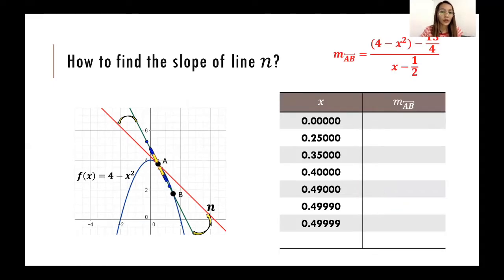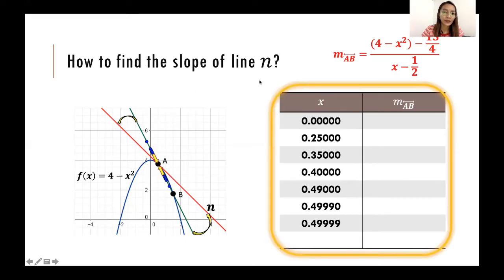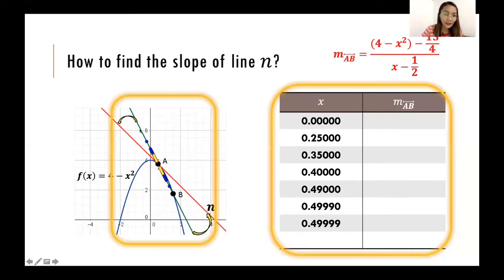Okay, so we're going to use the table of values. That's the easiest way to find the number that they are approaching, or that x is approaching. Okay, so we have these numbers or assigned values of x. So it goes until 0.49999. Okay, so if x is 0.000,